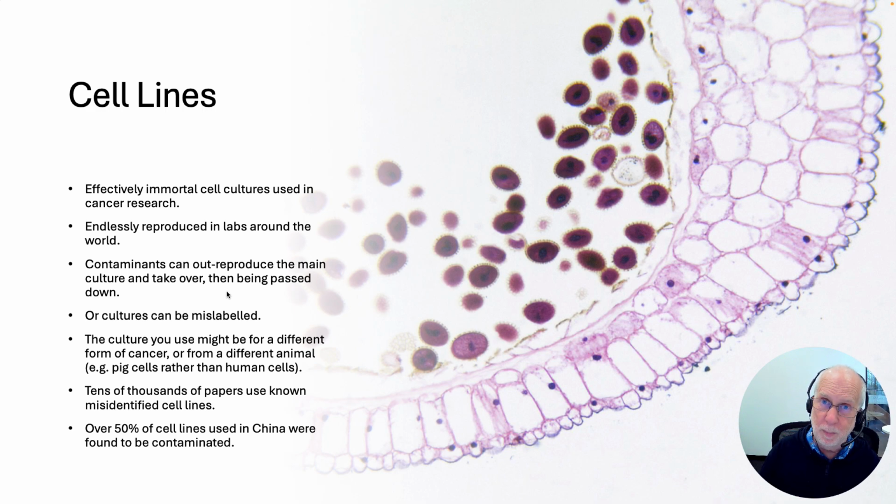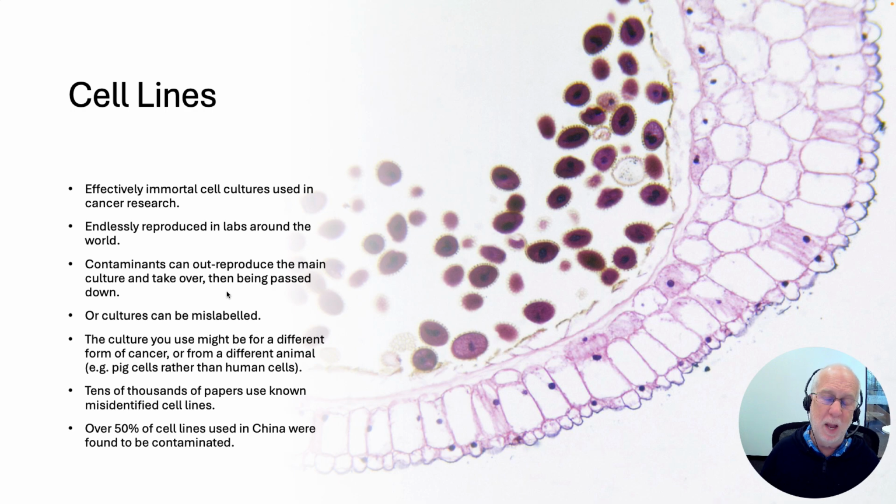Might not be a problem, but these cells reproduce at different rates. If you put some cells from something that reproduces faster, even a few of them, before long they'll take over your entire mixture, and your cell line that you might think was monkey cells exposed to a particular cancer might actually be human cells with quite different cancer, and might have been for decades. This has been known by the biologists for a long time, but it still keeps on happening.